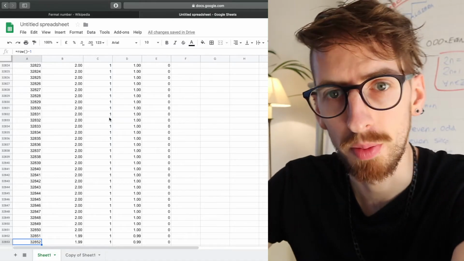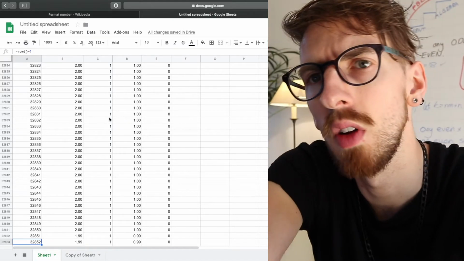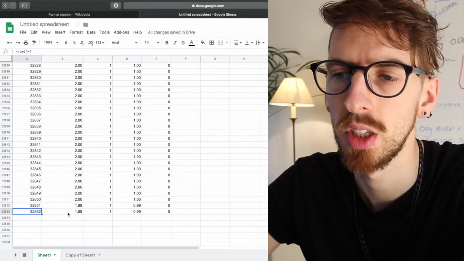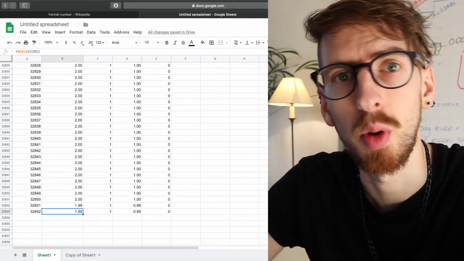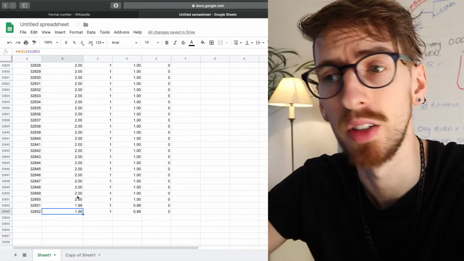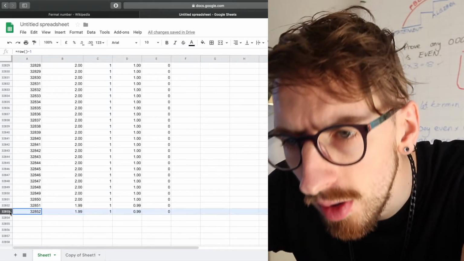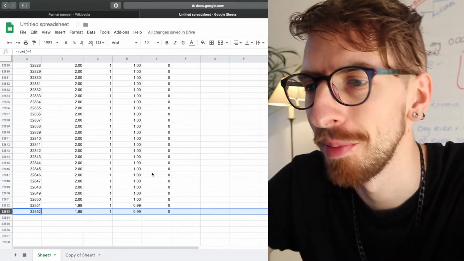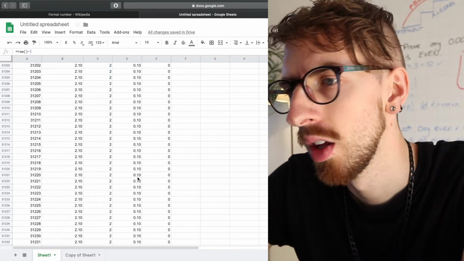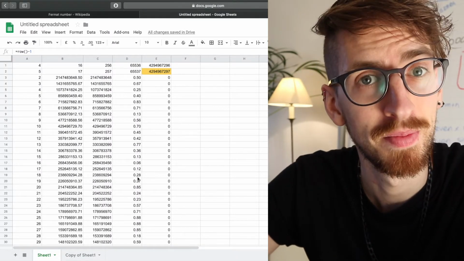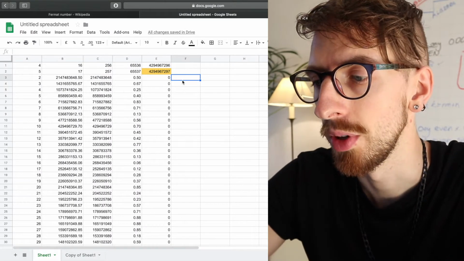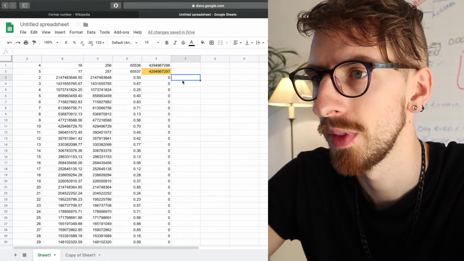So what I actually got up to was, I kept just copying this down and I got up to the bit where divide by this row number and you get to 1.99, which means we've gone more than halfway, which means that's all we need to go to. Now I've got 32,000 rows here and I'm not going to flick through all of them. I'm pretty sure I'll miss it if I see one. Now I didn't see any green cells, but just to make sure, we're going to do